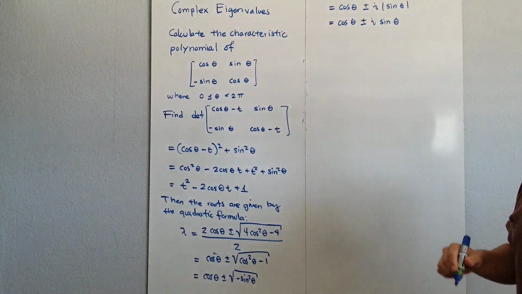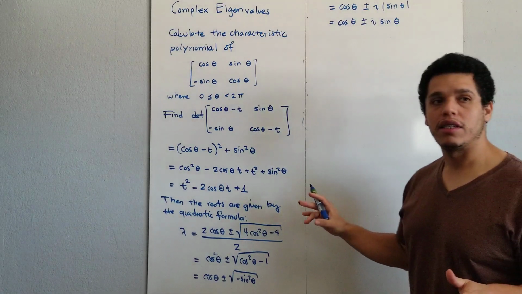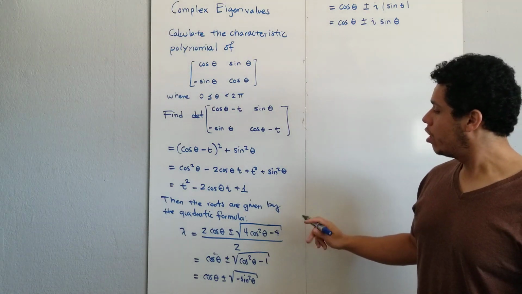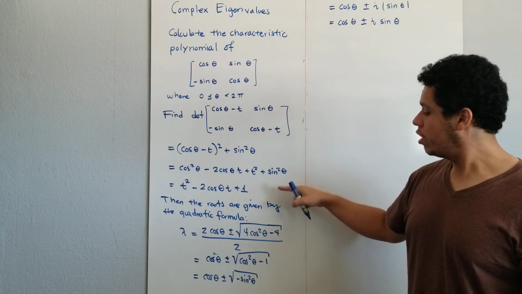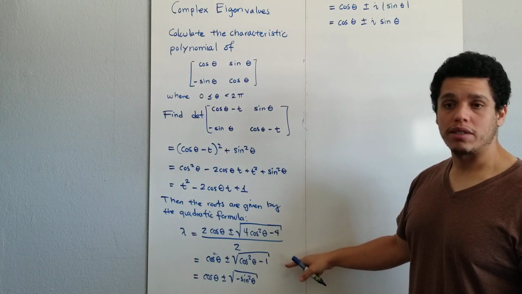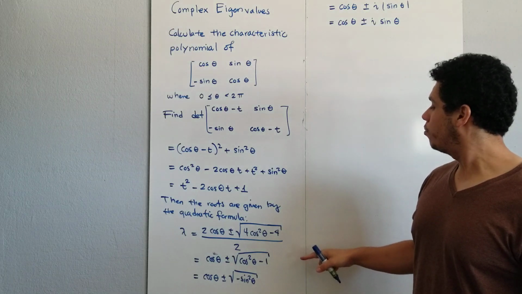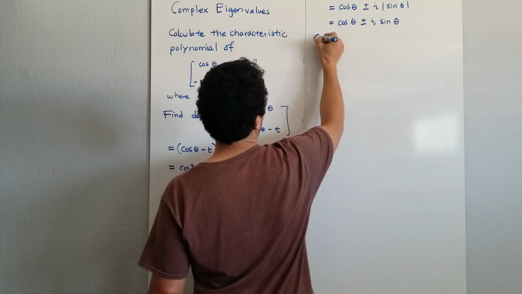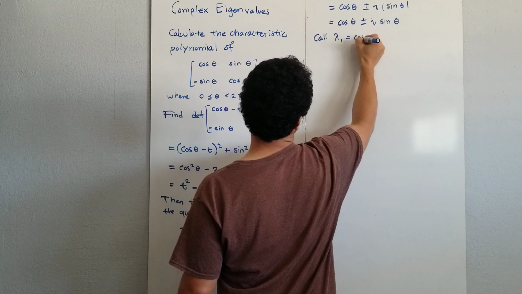So one important remark of what we have here is that the associated eigenvalues of a matrix with real entries, if it turns out to be complex, come in pairs, as we'll see later in the theorem. As you can see here, if I'm going to call lambda 1 to be cosine of theta